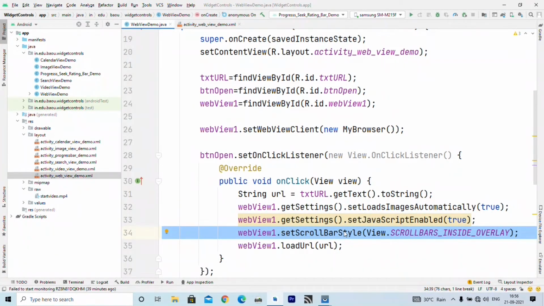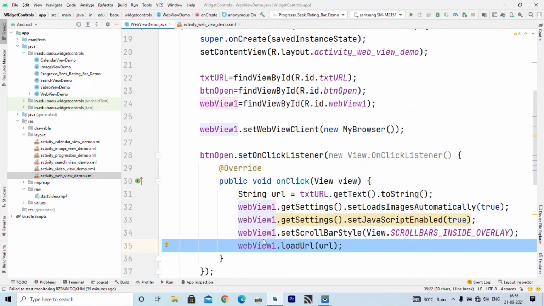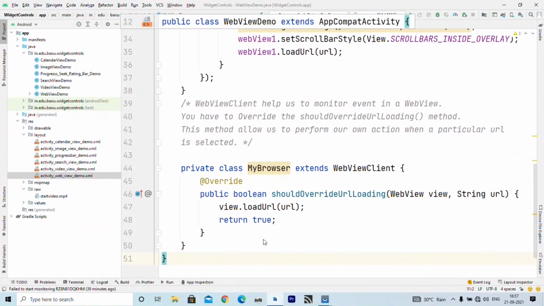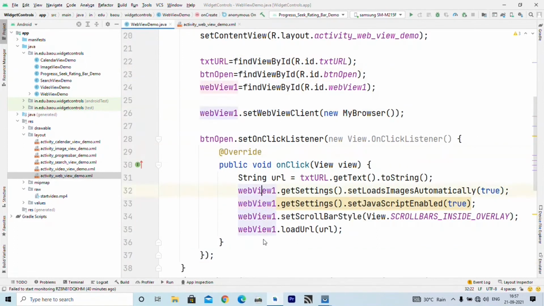So using webview.setScrollBarStyle, we can specify the scroll bar, and finally we call the loadUrl method to actually open that web page specified by the URL. And since we have overridden this method shouldOverrideUrlLoading, we can open any page. This is how it works.